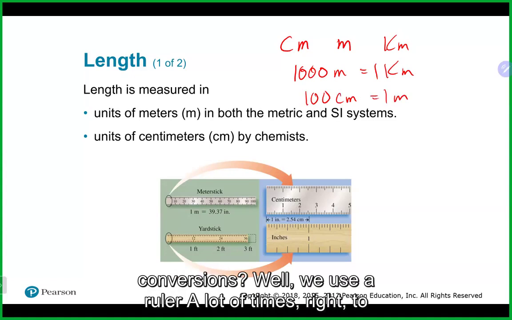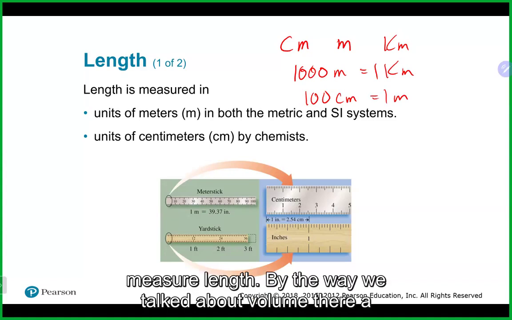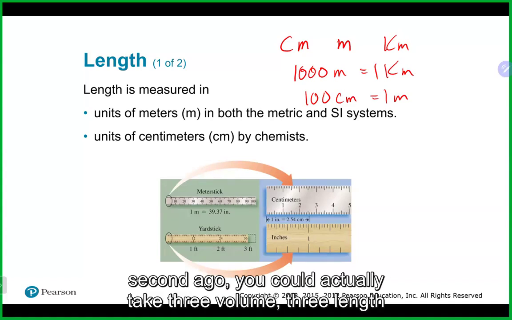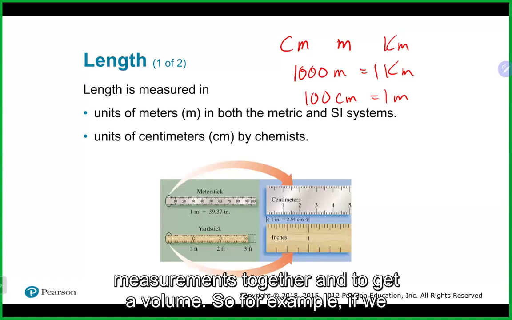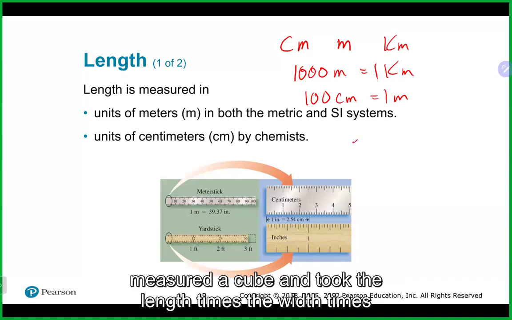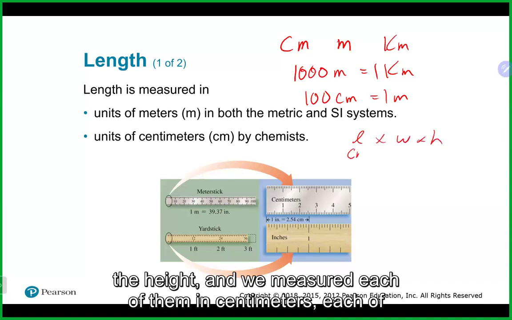How do we get length measurements? Well, we use a ruler a lot of times to measure length. By the way, we talked about volume a second ago. You could actually take 3 length measurements together to get a volume. For example, if we measured a cube and took the length times the width times the height, and we measured each of them in centimeters,